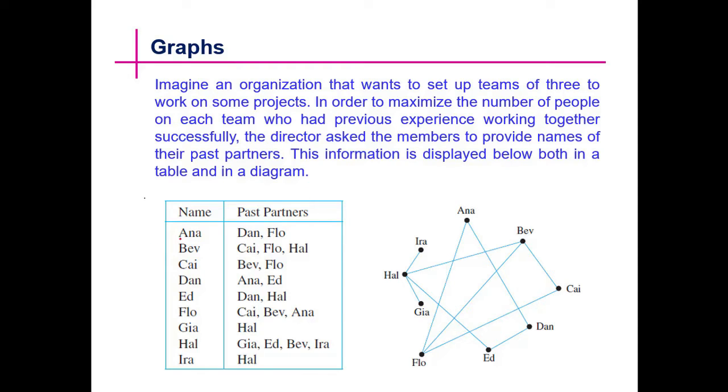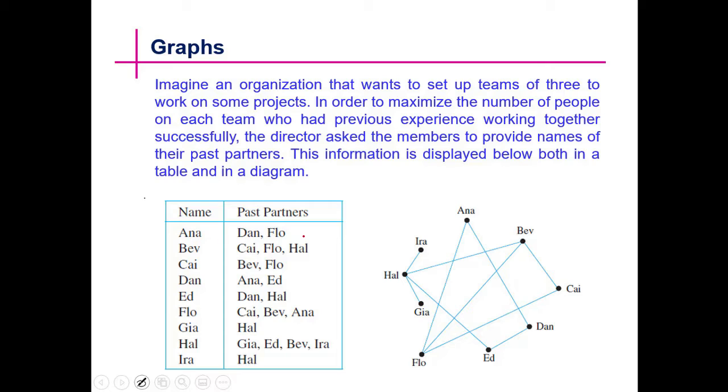So Anna has these two past partners, Dan and Flo, and Bev has Kai, Flo, and Hal, and similarly the others have these partners with whom they have worked successfully. So this information can be represented in a diagram,